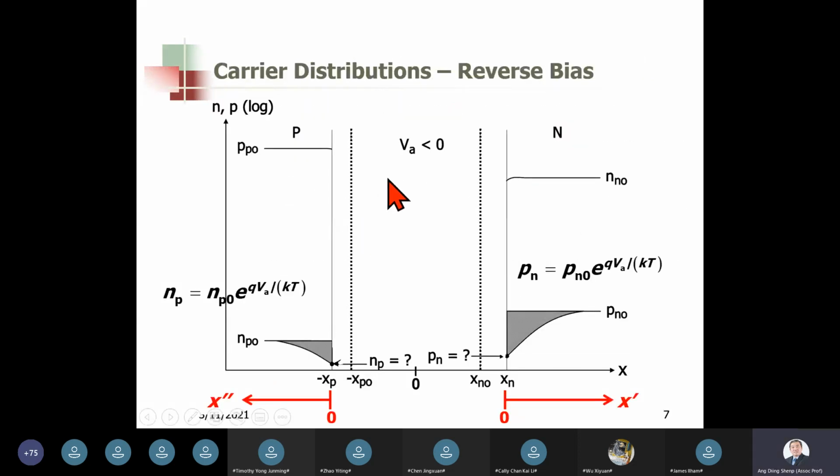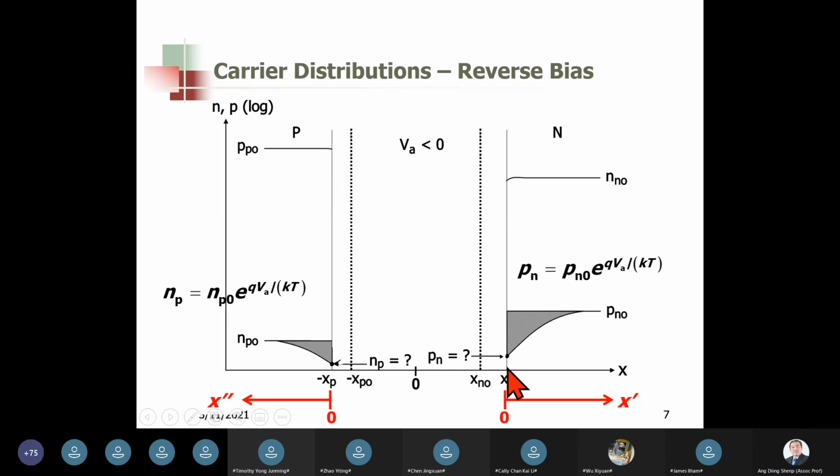This is the plot for reverse bias. Remember, under reverse bias, we have minority carrier extraction, and therefore the minimum value of the minority carrier concentration at the edge of the depletion region is 0. It cannot go below 0. In other words, the concentration cannot be negative. So the minimum value of the electron concentration at the edge of the quasi-neutral region on the p side is 0. Similarly, the minimum value for the hole concentration at the edge of the depletion region on the n side